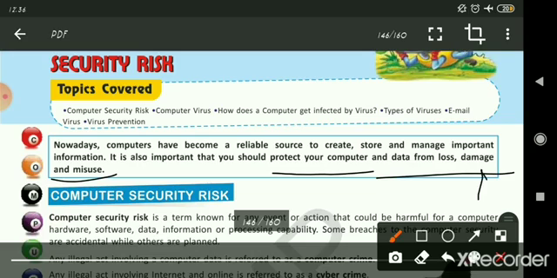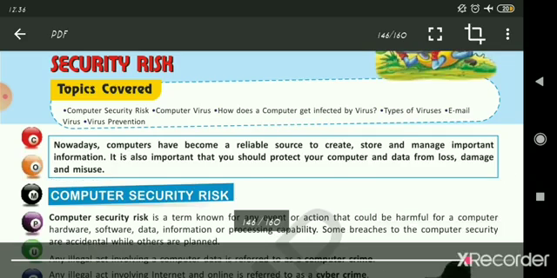At home you are having laptop PCs to store and manage important informations. You are saving your important data inside your computer, so you must protect it. Otherwise your data will be lost, damaged or misused by some other persons, some hackers.